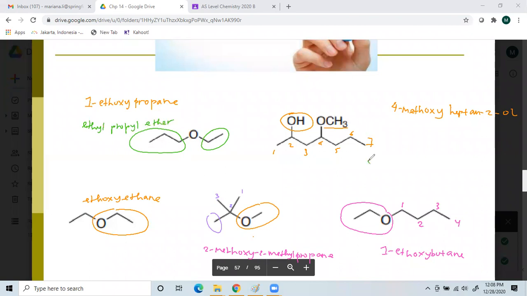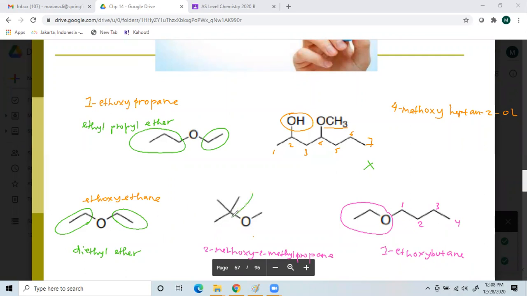Okay, for this, we don't have the trivial name. How about this? This is ethyl, this is ethyl. So the name will be diethyl ether. So if you want to make the trivial name, please separate the left R group from the right R group, separate it at the O. But if you need to make the IUPAC name, you should combine the shorter R with oxygen, becomes the alkoxy